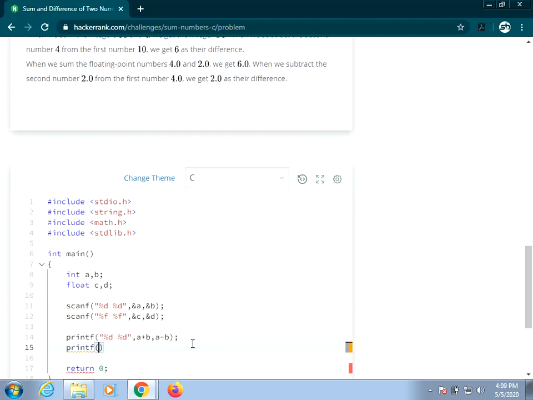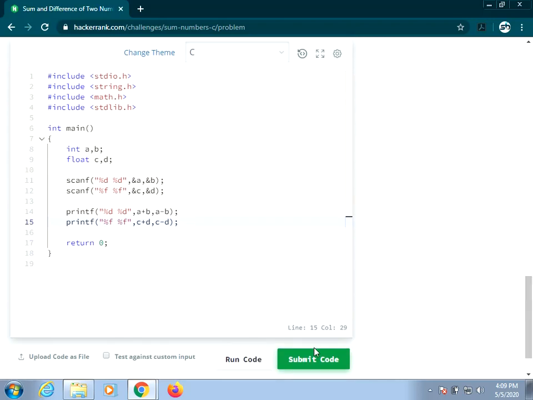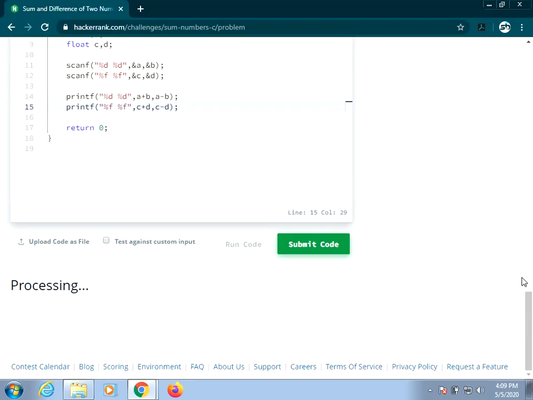And for the second line, the addition and subtraction of floating point values, it is %f, in quotes, space %f, comma c plus d comma c minus d. So that is the program. Just run the code.